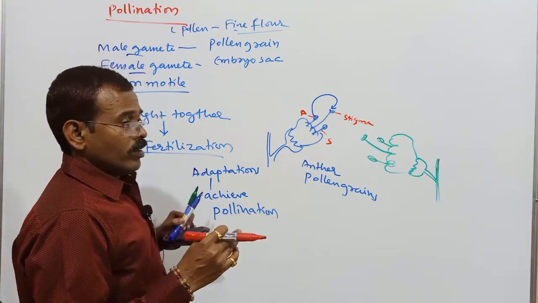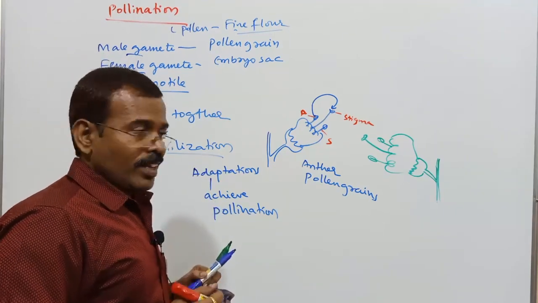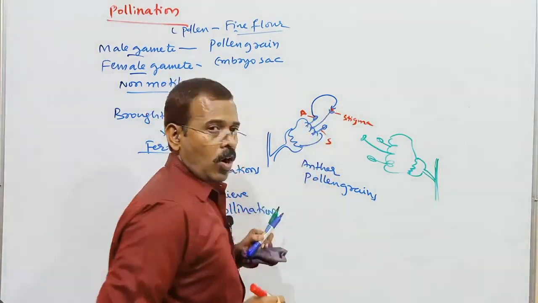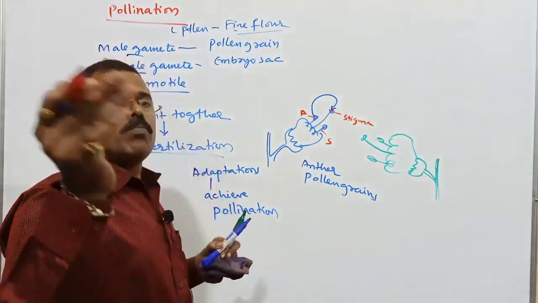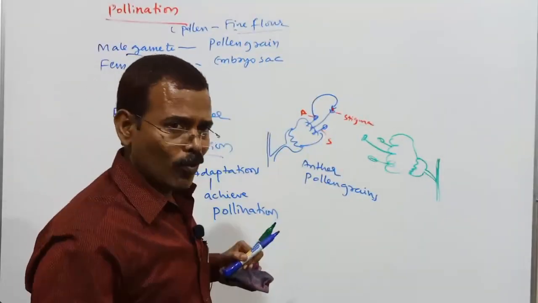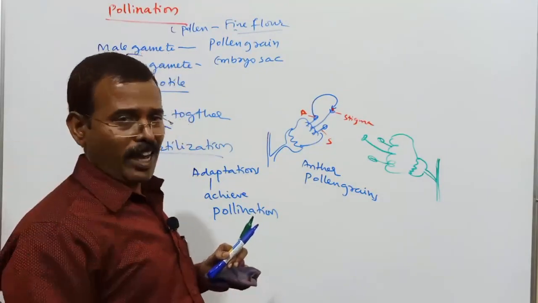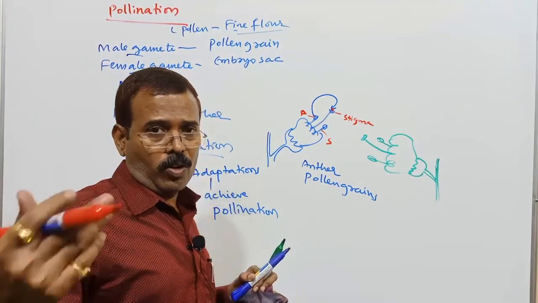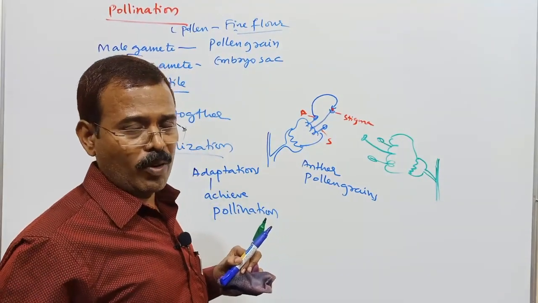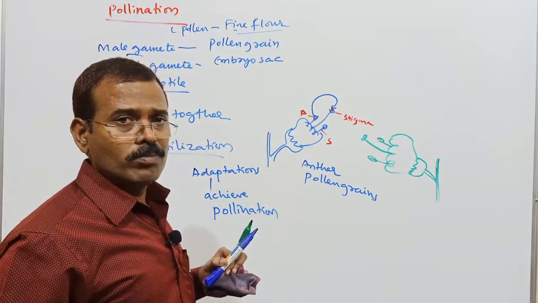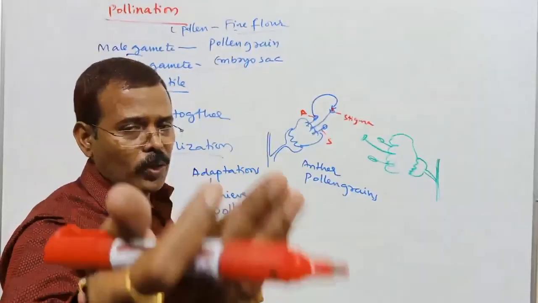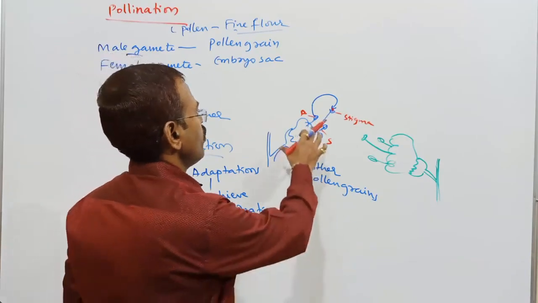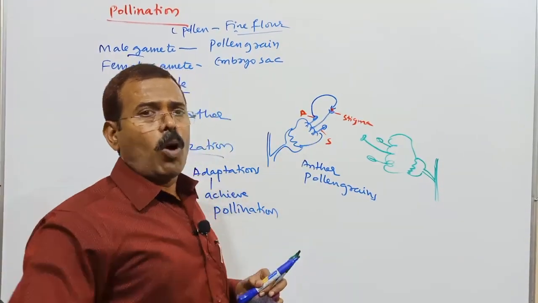So this pollination can lead to the landing of pollen grain onto the stigma. Then the pollen grain will germinate, a pollen tube will be produced, and that pollen tube carries the male gamete. Then in the ovary there is the ovule. The ovule contains the female gametophyte containing the egg or ovum. So then it can lead to the fertilization process. So this is the simple definition of pollination.